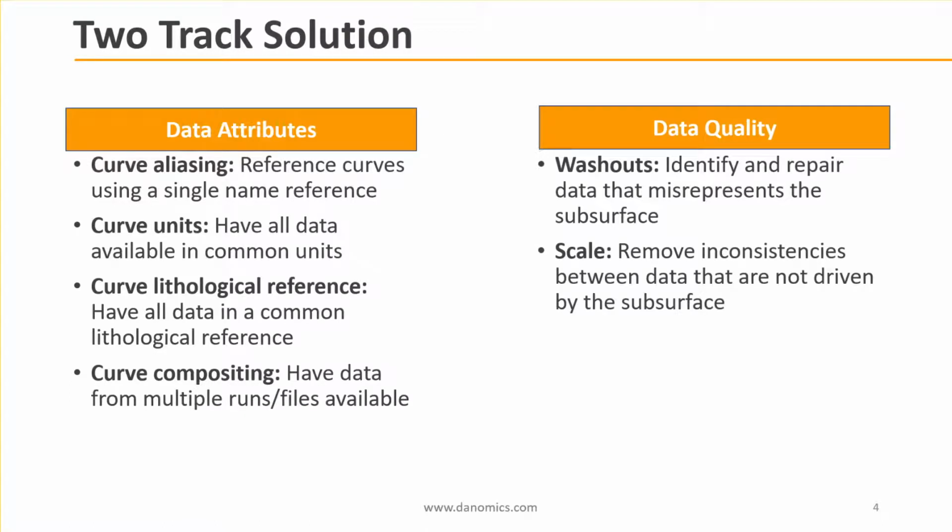So, at Danomics, we view this as a two-part solution. The first part is dealing with data attributes, and that's things like mnemonics, units, lithological references, and curve compositing for multiple runs and files. And then the second part of that is data quality, which is dealing with handling washouts and inconsistencies in the scale. So those are the two tracks that we're going to talk about, and we're going to start with data